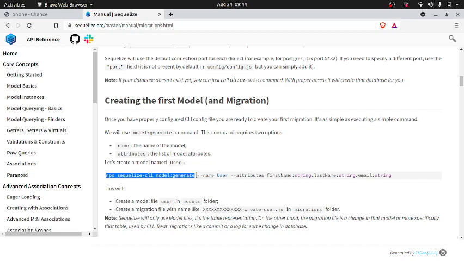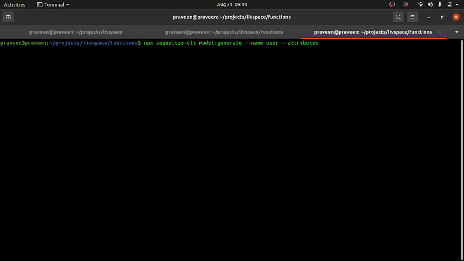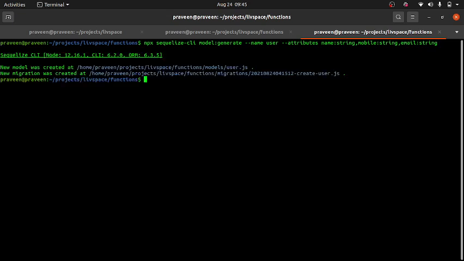First name. Okay, we need ID. I'll basically do that. And name string. Mobile also I'll make it as string, and email also string.